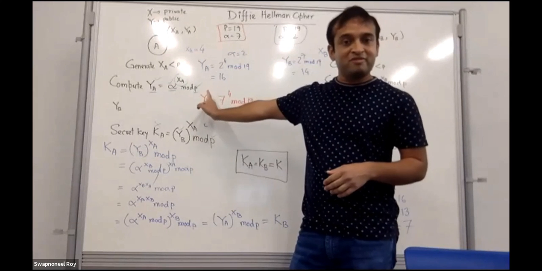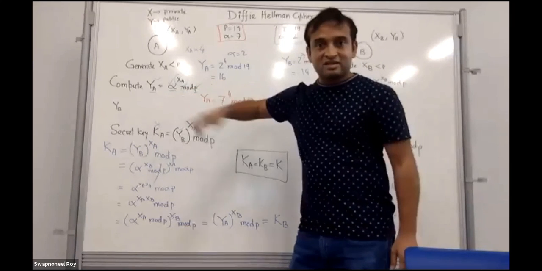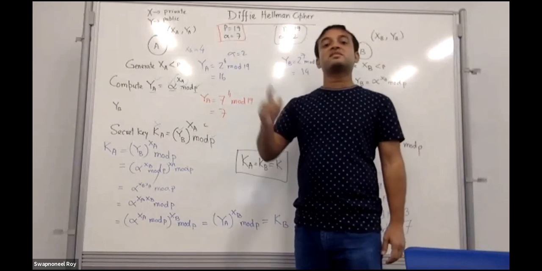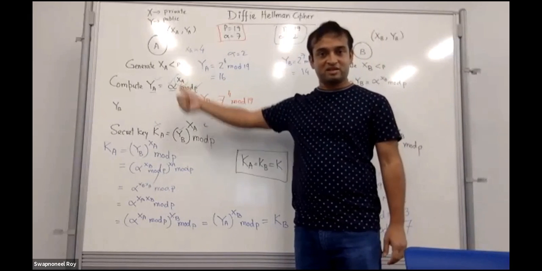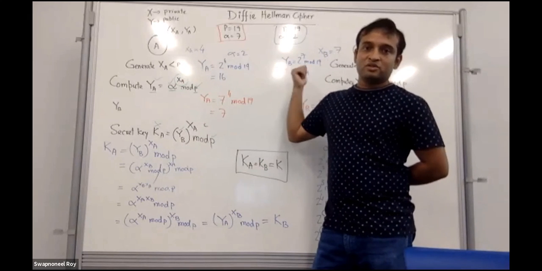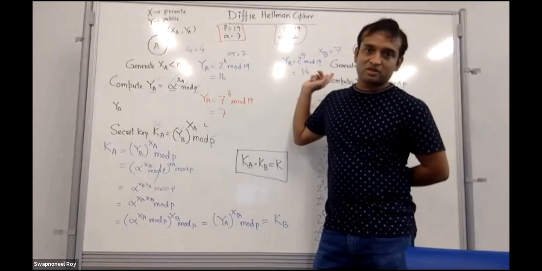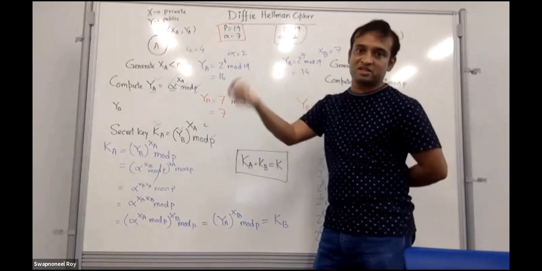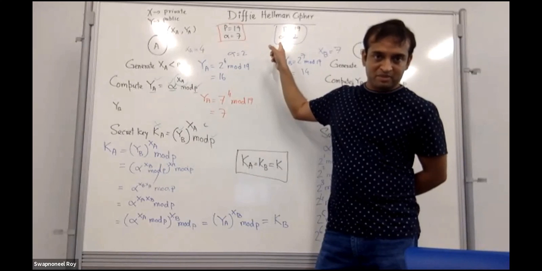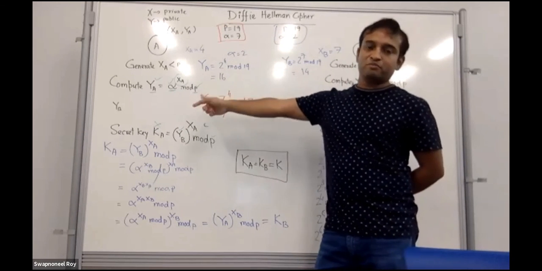But in reality, the prime p will be much larger, very large. But then if you do not use a primitive root over here, the search space becomes immediately curtailed, because the attacker will also know what repeats. So a much smaller number of values the attacker has to brute force over to get the private key. That's number one. Number two, choosing a primitive root would tell you if you accidentally chose the same private keys, which is also not desirable, because if you choose the same private keys, then you know each other's private keys. If you pick a primitive root as alpha, as the base, that will tell you if that happens, because that's the only way you could have computed the same public keys.